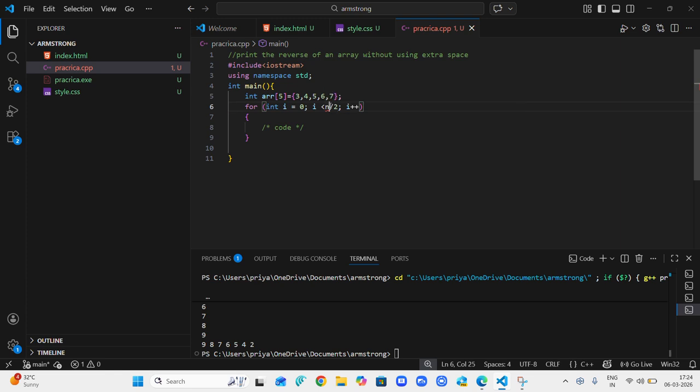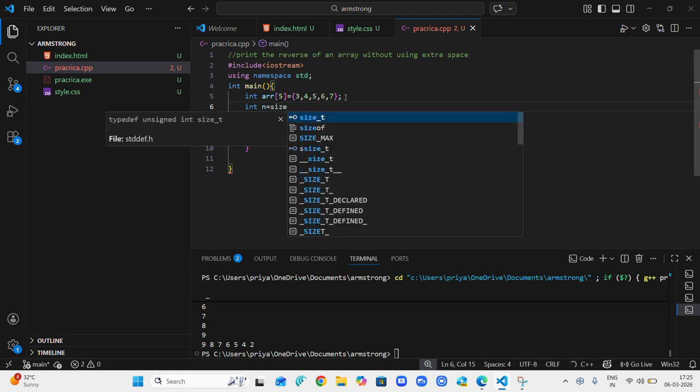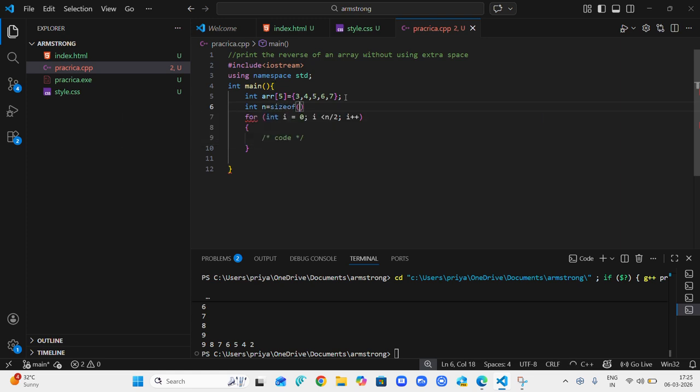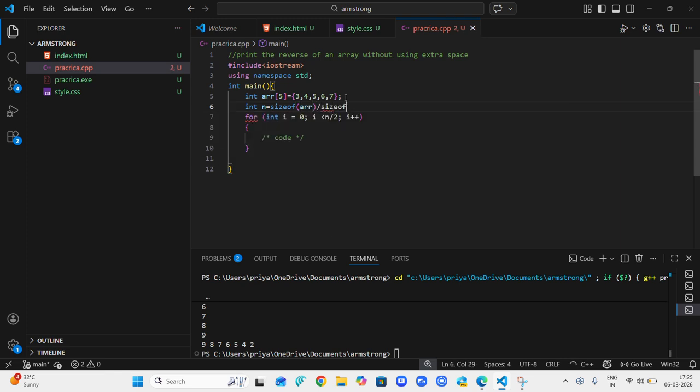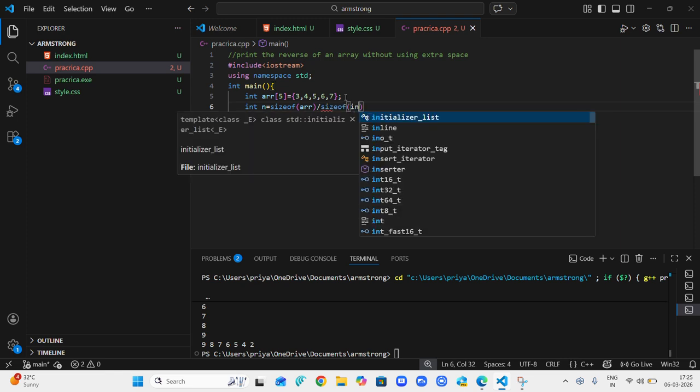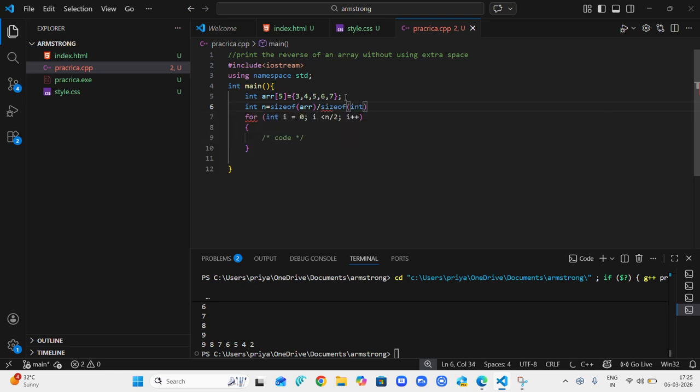I am creating the general code where I have written n, but as I have declared the array here, you can also create n, like int n equals sizeof(array) divided by sizeof(int). Then i plus plus.